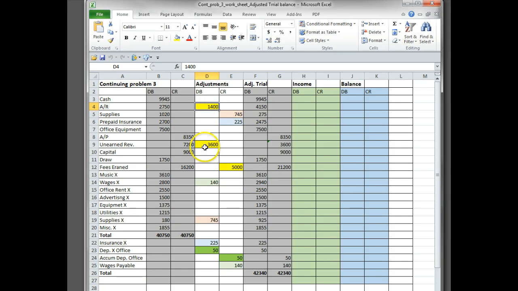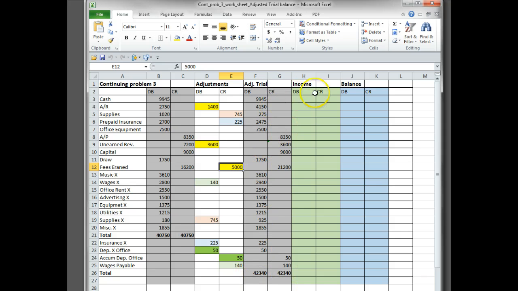These are my entries, and they coincide color-wise. So I've got debits here and credits here. I have debits here and credits here. These are my actual journal entries. Now I can take this and I can come across and have my adjusted trial balance right here,